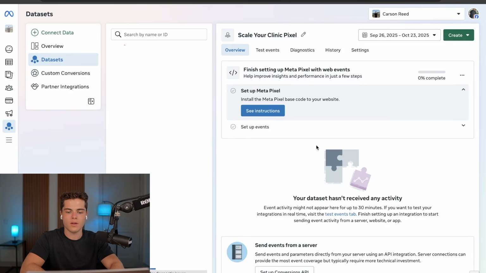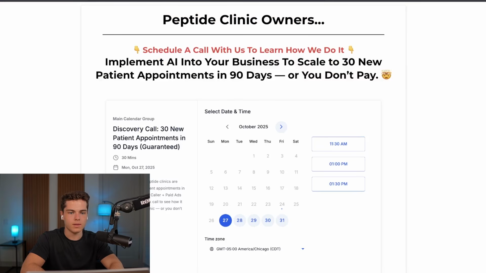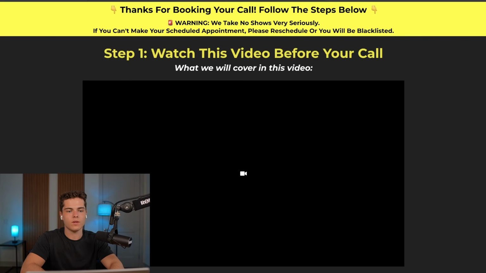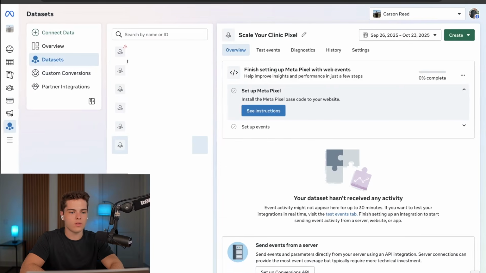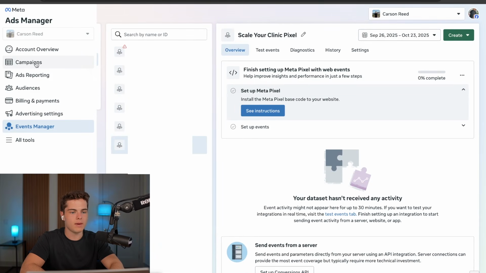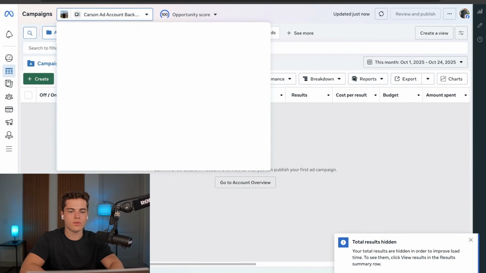Cool, done. All right, so we're gonna head back for this page, and I kind of just like to open them up, fire up the pixel real quick, just so it knows there's traffic getting on these pages. Refresh. Perfect. Cool. Alrighty, that's that. So pixel is now set up. So if we head back over into the campaigns, and then we head into, actually we got to go back to our